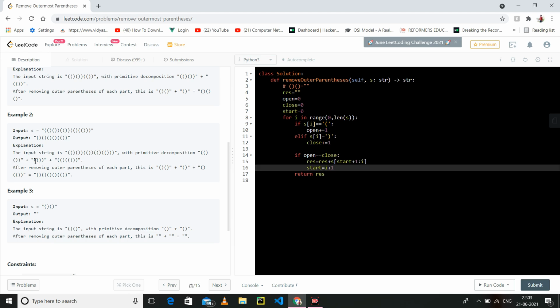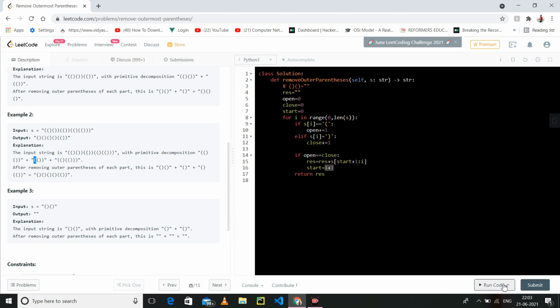Now the start variable is pointing to the fifth position. Where is it pointing? It is pointing at this position, because this is 0 1 2 3 4 5 6. Now this is a 6, because I am traversing the fourth. What is i? i is 5. Now the start is i plus 1, which becomes 6. So now it is pointing here.